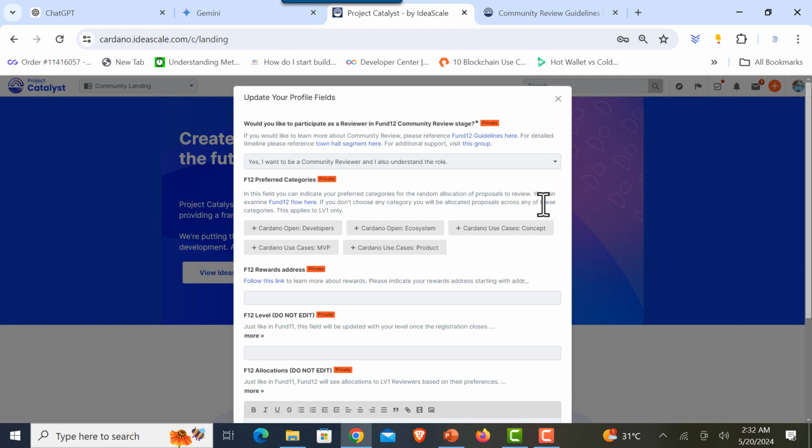So you can examine Fund 12 flow here. If you don't choose any category, you will be allocated proposals across any of these categories. This applies to level 1 only. I know a lot of you here took part in assessments previously, so some of you are level 1, others are level 0. For level 1, we entreat that you select these categories where you would want proposals to be allocated